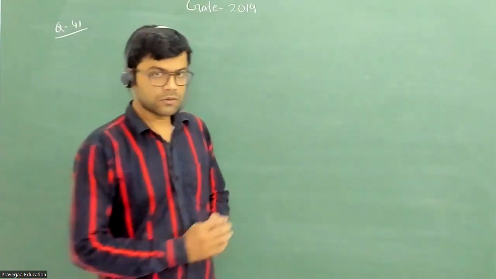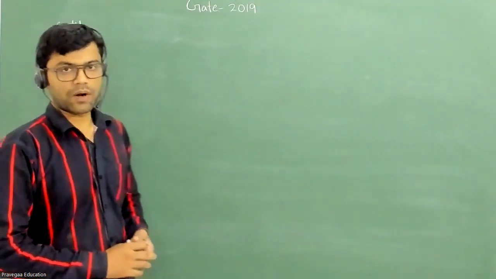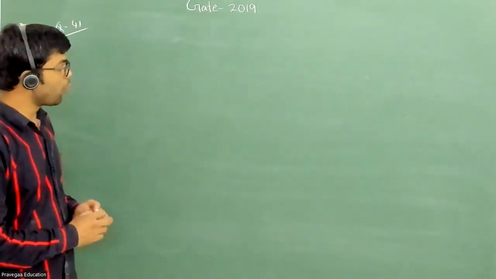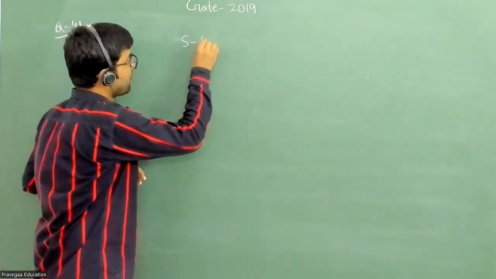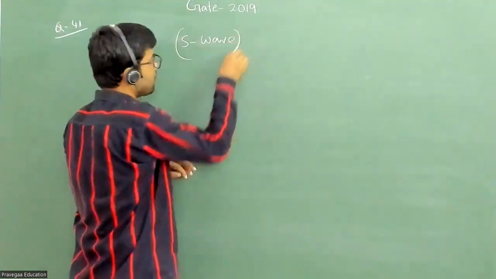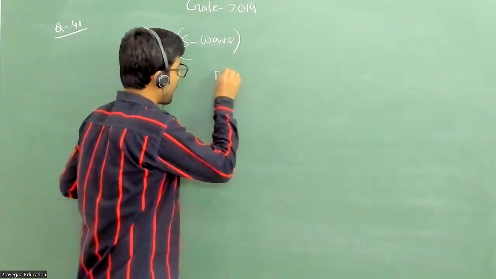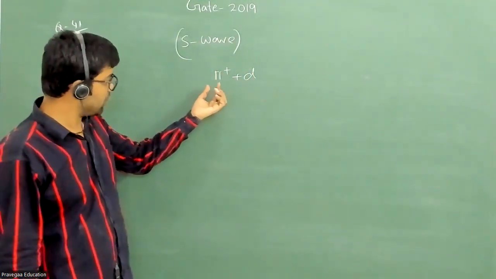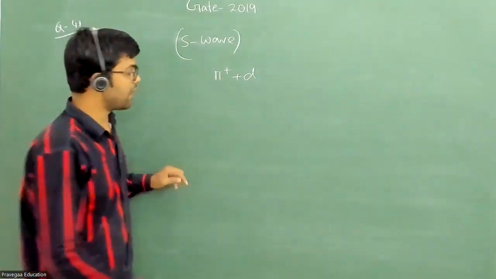Well, so let us solve a question from GATE 2019. That question number is 41, and this is basically from particle physics. It is given that you have a low energy collision, and also it is mentioned that it is an S wave collision between pi plus and deuteron. So there's a low energy collision between pi plus meson and deuteron, and that is producing